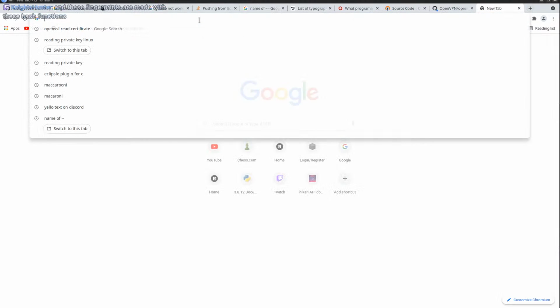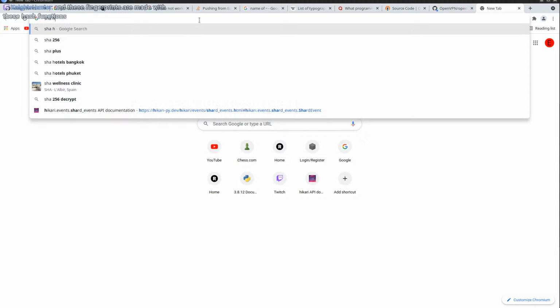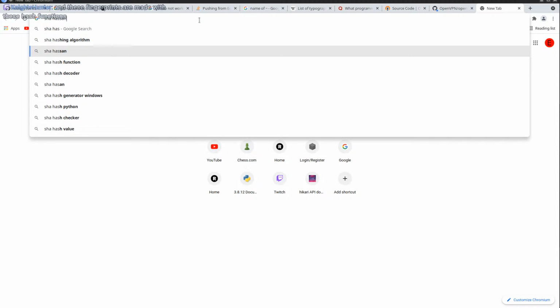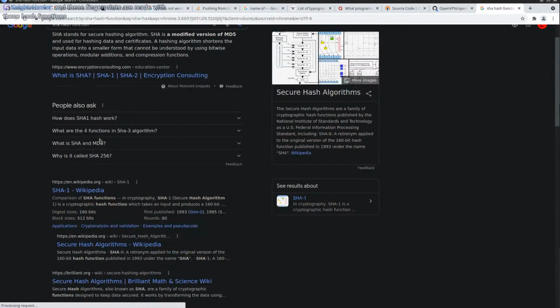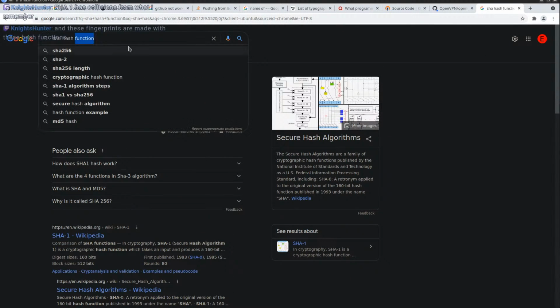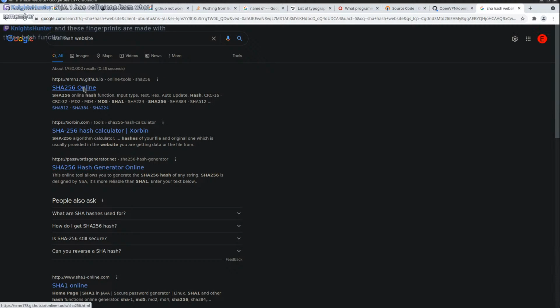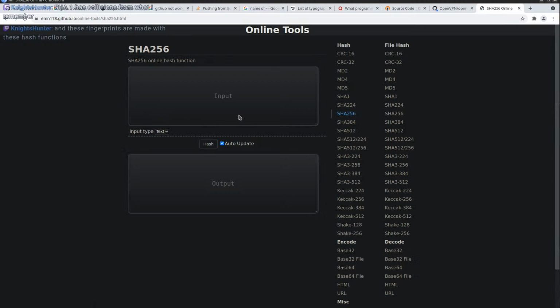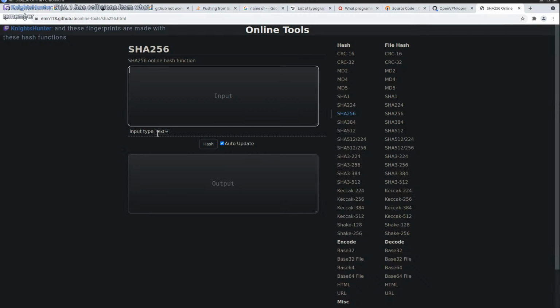It should be in public web pages. Let me look up a hash website. Yeah, it seems like it's legit. Input, output. So if I take the certificate itself,